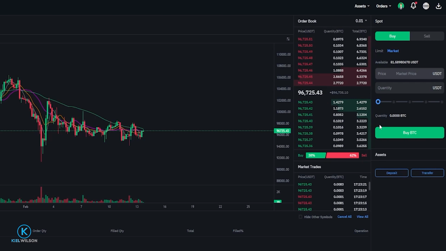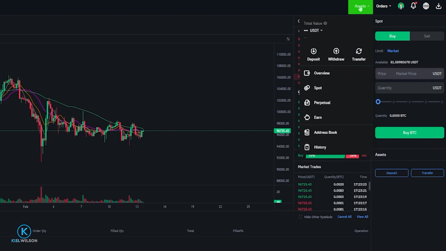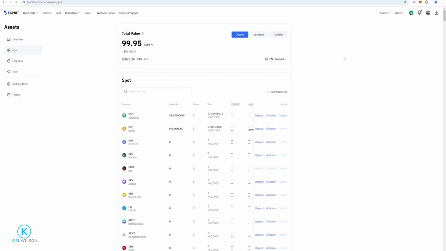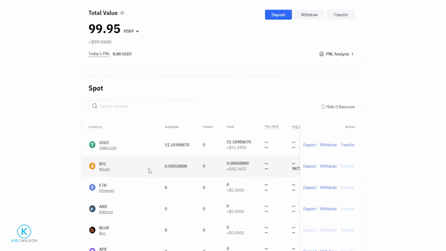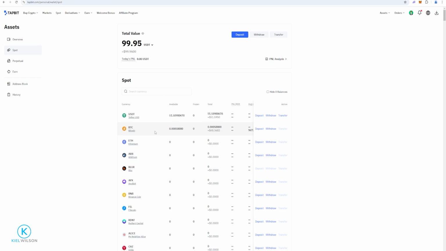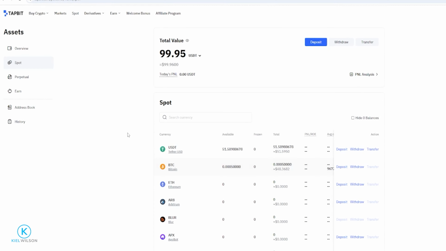To find your crypto after you've purchased it, just come up here to where it says assets, come down here, click on spot. And right down here underneath Tether, you can see the Bitcoin that I just purchased on the spot market using a market order. Now, if I want to sell that Bitcoin, I would just come back up here to spot,